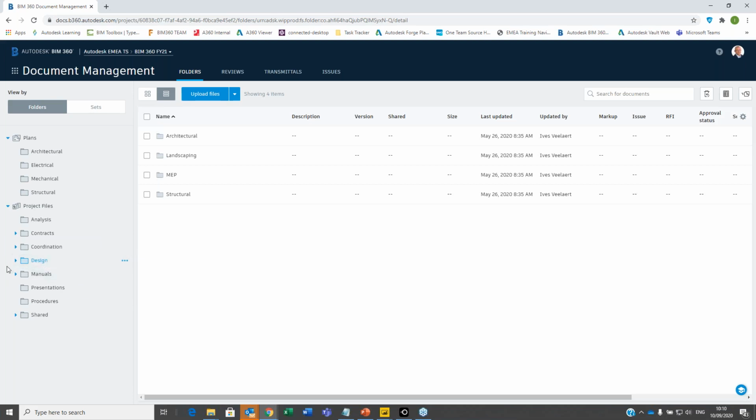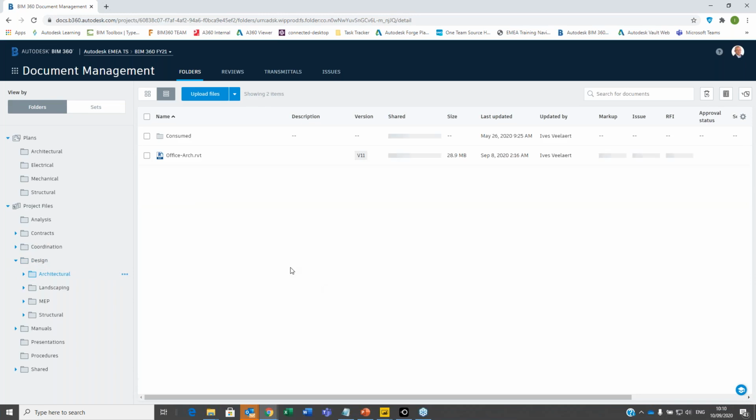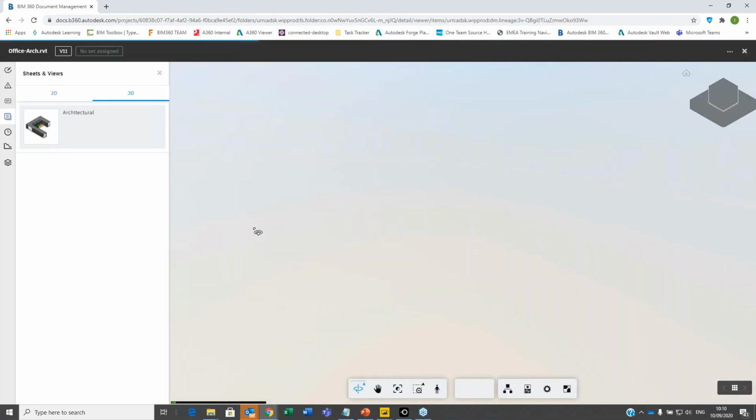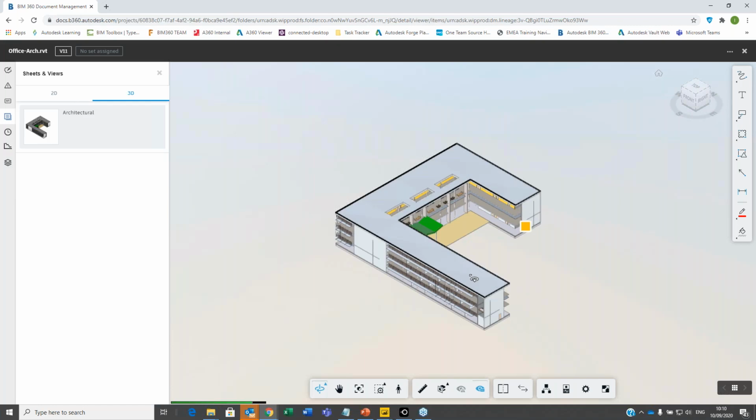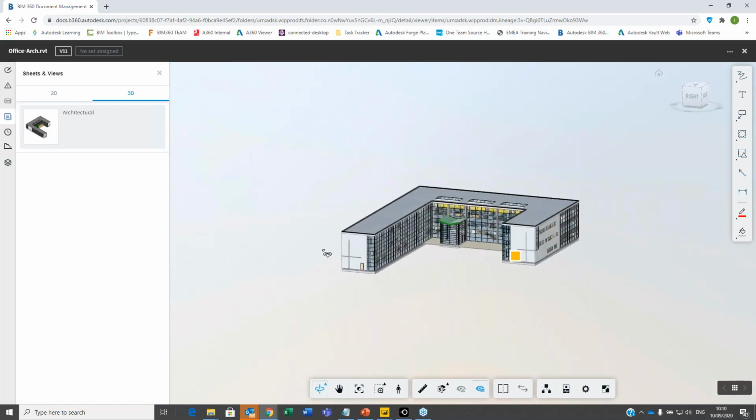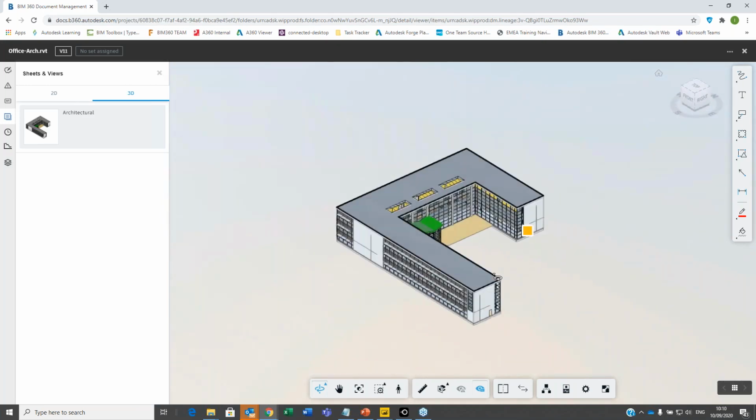So if I go in here, then one of the most critical aspects of BIM 360 in general is the fact that we have what we call the large model viewer. So if I look at this file, for instance, office architecture.rvt, if I click on it, it's actually going to allow me to visualize that file without the need for Revit. So this is a cloud-based viewer, and it allows us to view up to 60